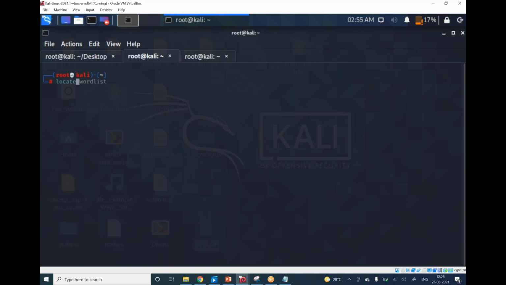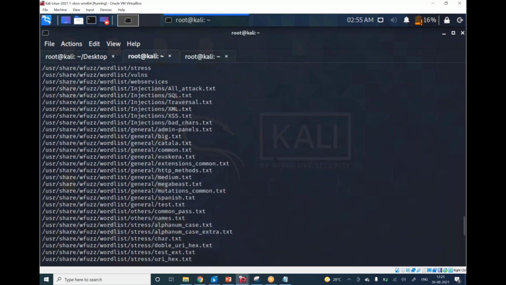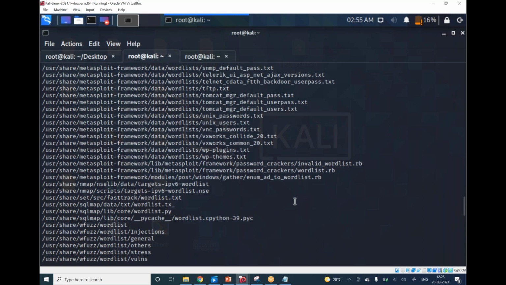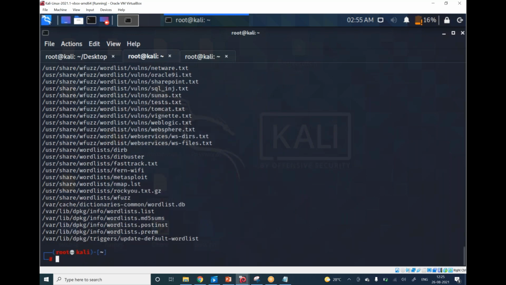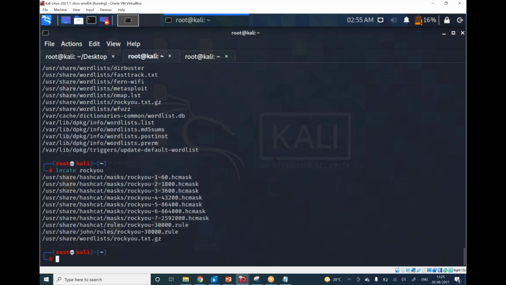Just type locate wordlist, enter. There are so many word lists. But rockyou is something which is very popular. Locate rockyou. There we got many, but the most important one is the word list called rockyou.txt.gz.